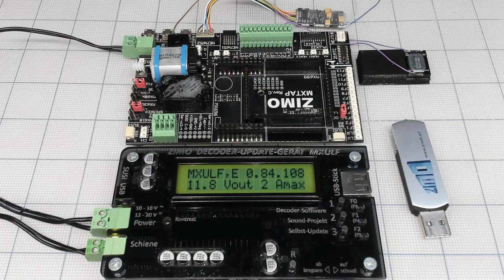So this is my ZIMO programmer. It's right now not connected to the PC. I don't need a PC. With the latest firmware, I will do a video for my members on how to update everything. So, a USB memory stick with the sound file for it. I'm using the memory stick to upload the file through that, and